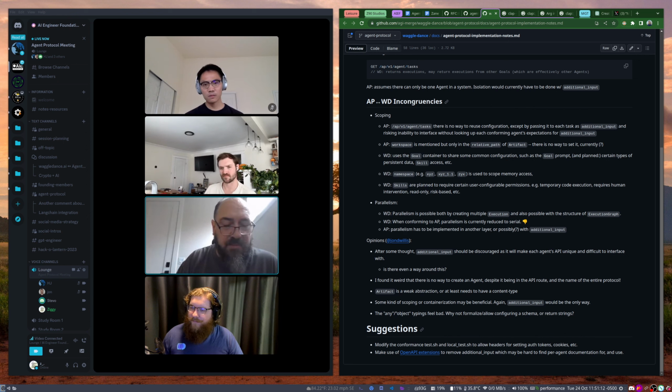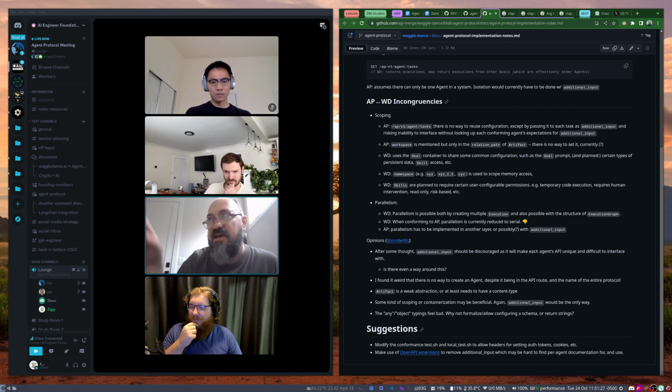One is the trust between the agents that are talking to each other. And then there's the trust between the agent and the user that is interacting with the agent, and that agent is delegating to another agent, right? So you have to be careful about elevation of privileges and so forth.